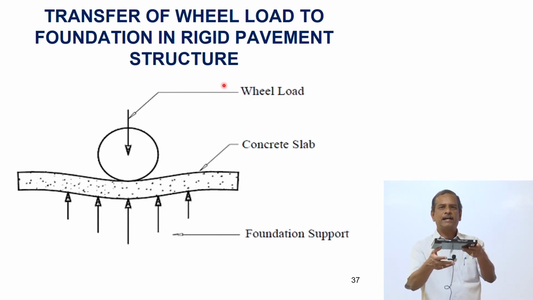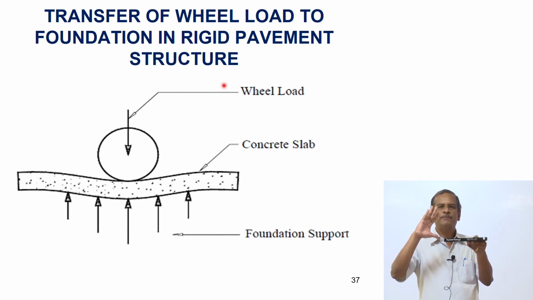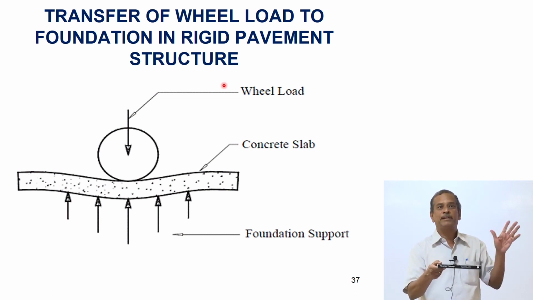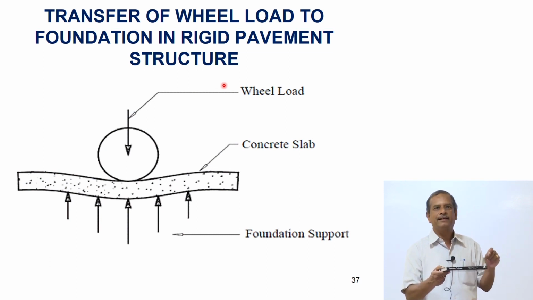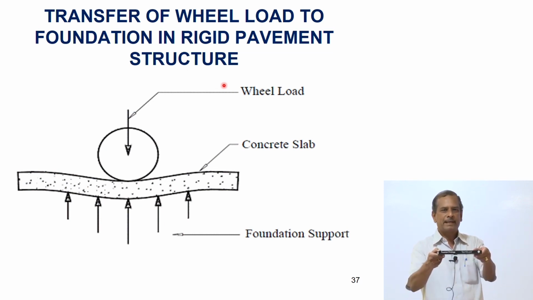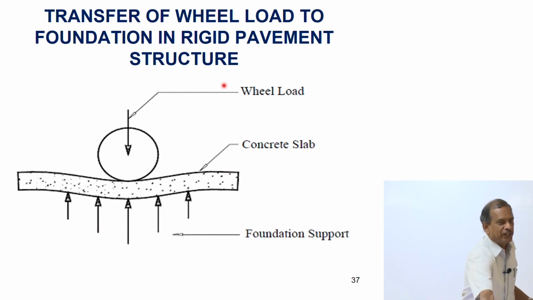So even if the subgrade is weak, I can provide a rigid layer and reduce the thickness of the pavement layers. So I need only one layer of concrete, maybe over a base course. So the total thickness of the pavement is much less. This concrete pavement will last for 30 years without major maintenance, but the initial cost is higher than a conventional bituminous pavement. So as I was mentioning earlier, should you spend more initially and spend less subsequently, or spend less initially